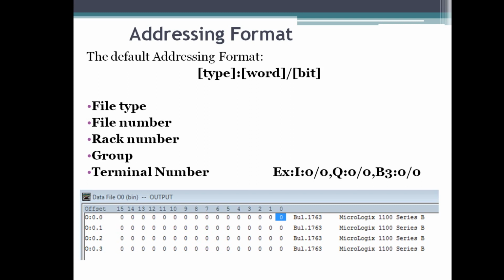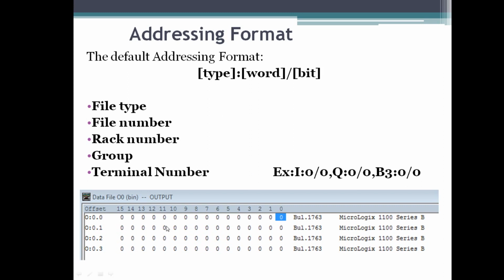If it is an input, it starts with I. If it is an output, it will be O colon. If it is binary, you can find B3, it starts with B3. If it is a timer file, it starts with T. Counter will be C. Float will be F. For integer, it will be N. I will show that in the software.